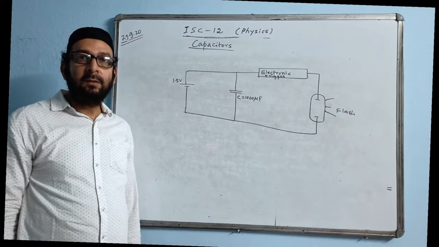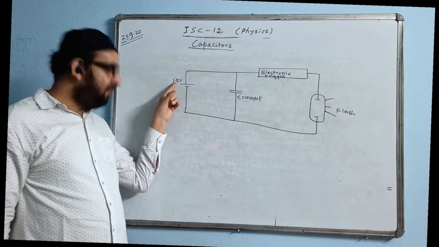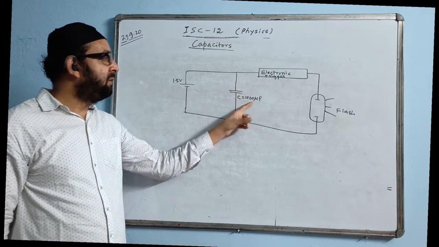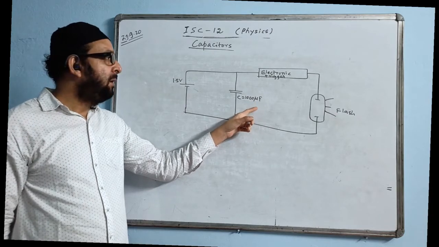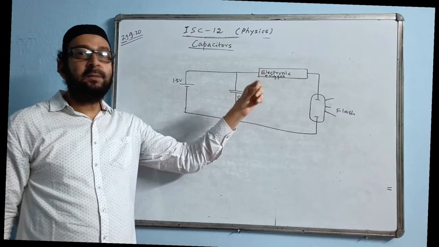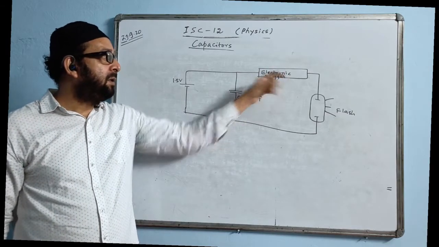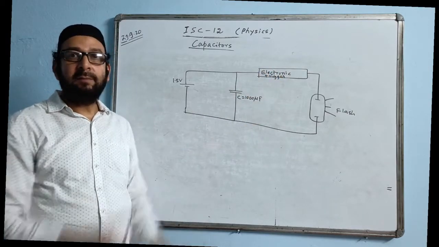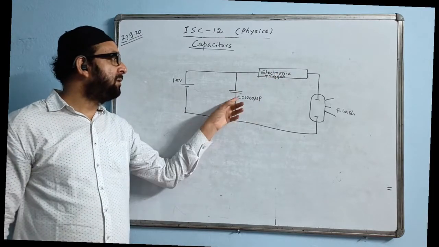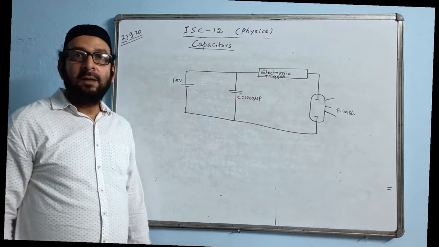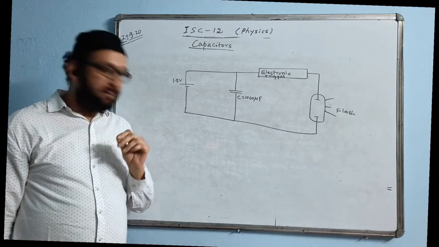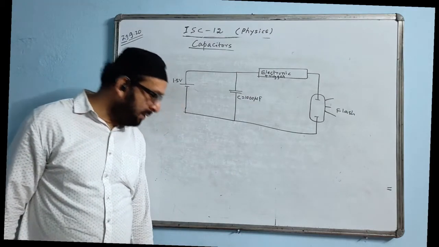This is the circuit given. The voltage is 1.5 volt and the capacitance used for the camera flashing is 1000 microfarad. And here is where the flashing takes place. The electronic trigger is what you click to cause the flash to take place. That means you are discharging through this electronic trigger. Whatever charges are stored in it get discharged, causing the flashing. And the time of flashing is given as 0.1 milliseconds.